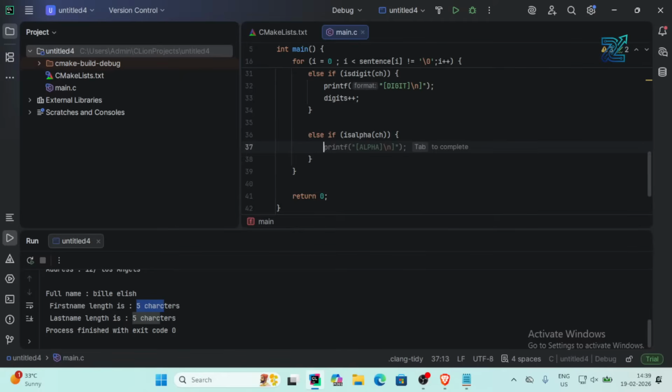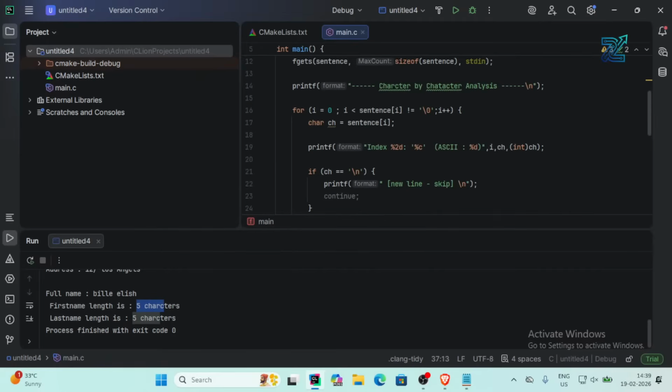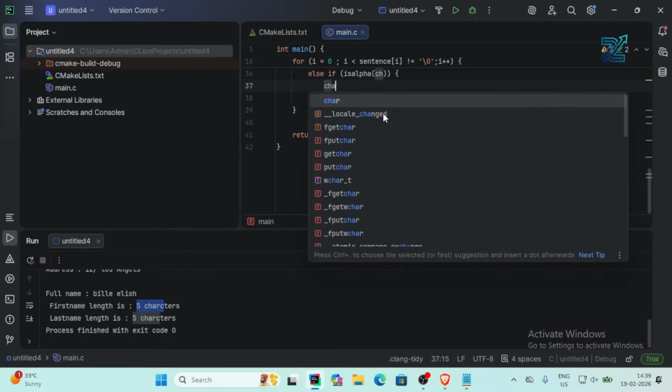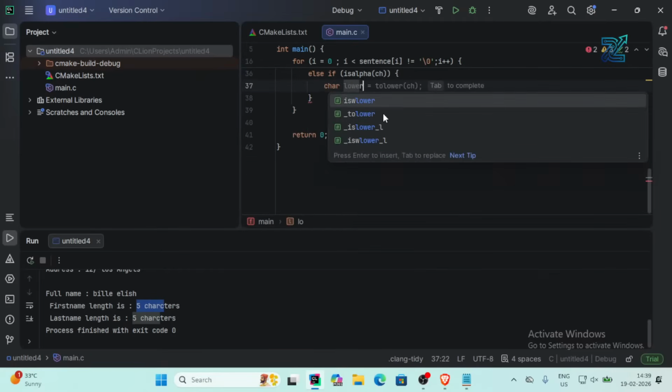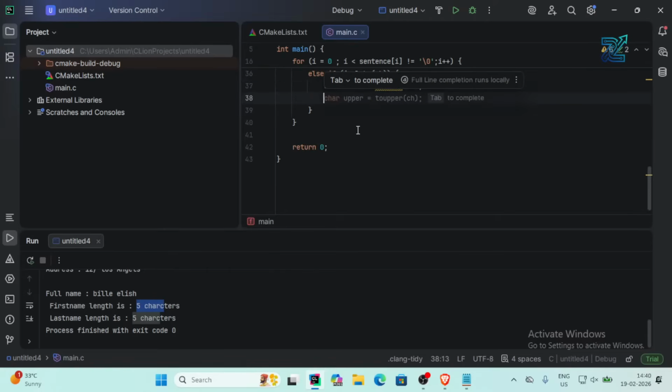So if it is a character, I want to check if it is a vowel or consonant. For that, first I will convert it to lower, because I don't need to check both uppercase and lowercase, I only need to check if it is a vowel or not. I will convert it and store it in one more variable, and after that I will check